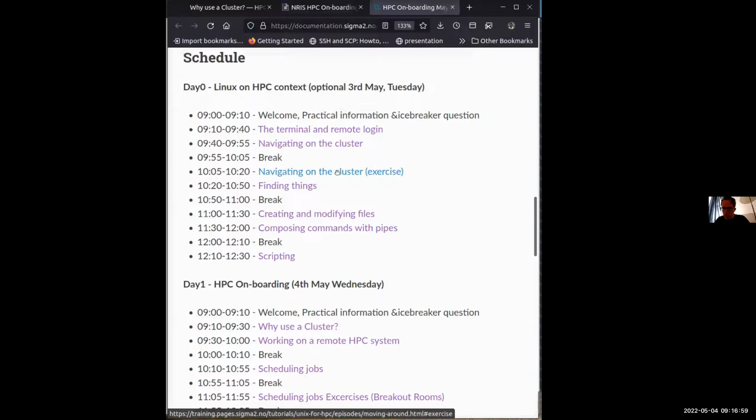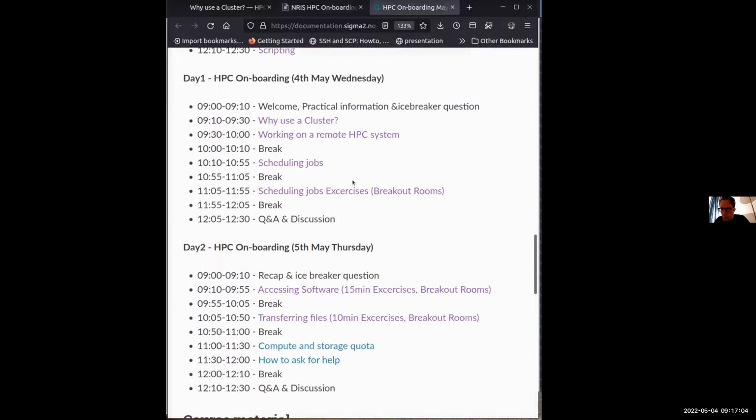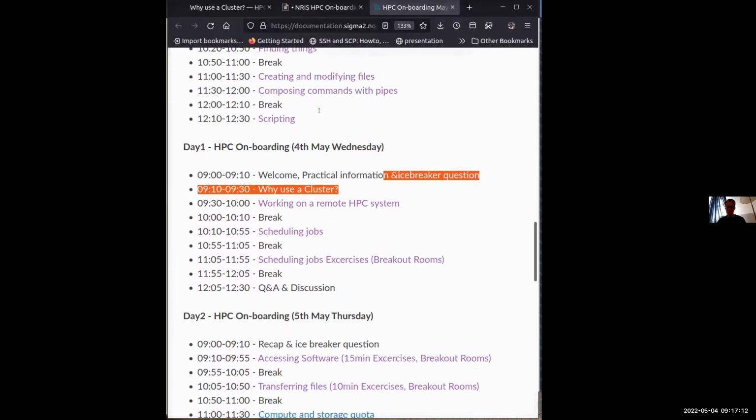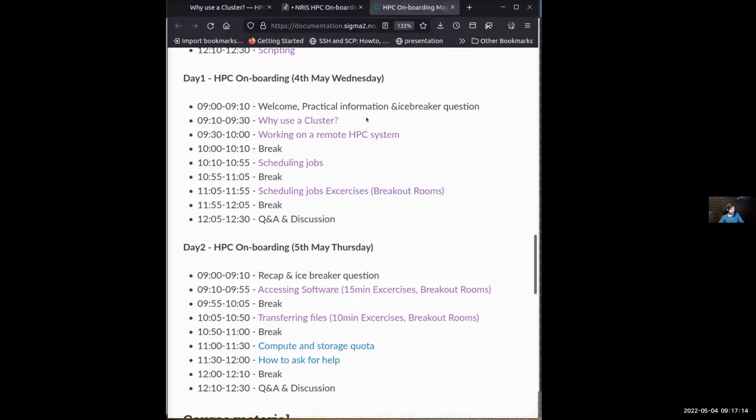But wait a second, you are on this today. So today we have, that's where we are, day one. Yes, thank you. So we'll be summarizing a little bit about what SSH was and logging in, and then we will log into a cluster, and then we'll see what are the challenges we have on working on a remote system.